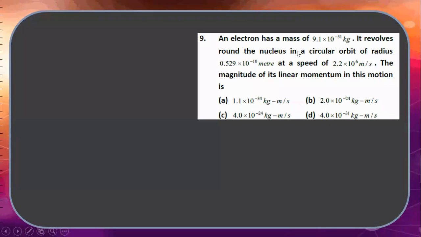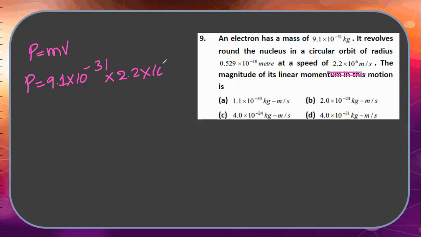Next. An electron has mass 9.1 into 10 power minus 31 kg. It revolves around the nucleus in a circular orbit of radius 0.529 into 10 power minus 10 meters at a speed of 2.2 into 10 power 6 meters per second. The magnitude of the linear momentum P is equal to m into v. Mass is 9.1 into 10 power minus 31, into velocity v, 2.2 into 10 power 6. So P is equal to